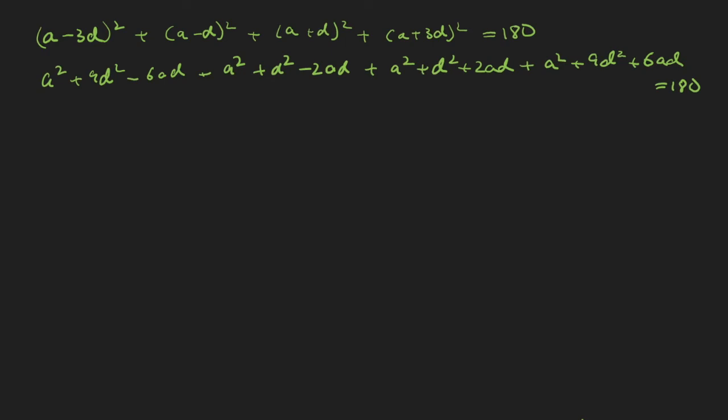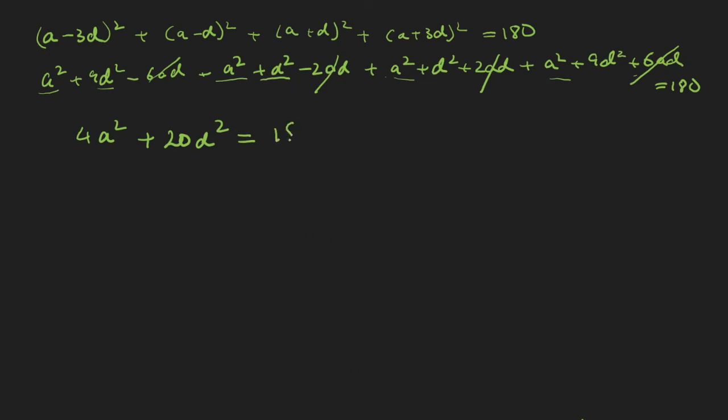The ad terms will cancel out, and what we're left with is 4 a squares. Then we have 9, 10, 11, 20d square. So we have 20d square